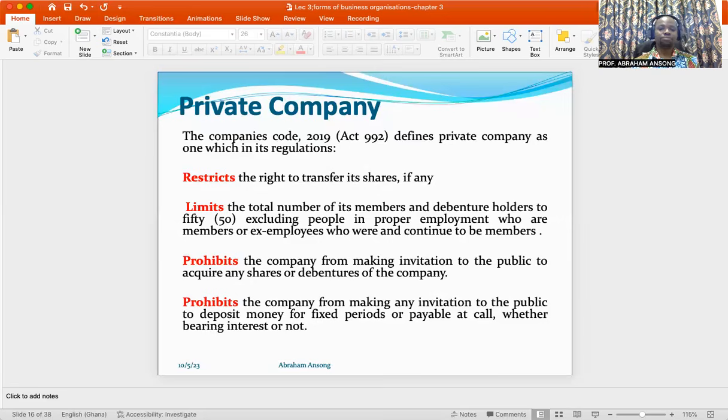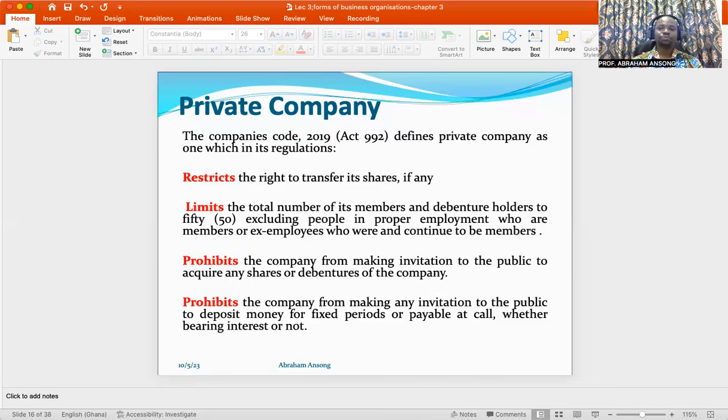If you look at public companies, normally they go through several checks and balances. The obvious one is the auditing and the publication of their financial statement. That is not the case for private companies. They don't have that kind of obligation. They may have it for their members, but not to the general public. So the general public don't get to see what is happening if a company is a private company. If that is the case, then they must also be protected. The public must be protected from investing in a company whose activities are actually opaque to them. Okay, so they are prohibited from inviting the public to acquire any shares or debentures from this particular company.